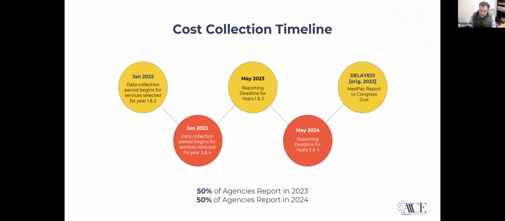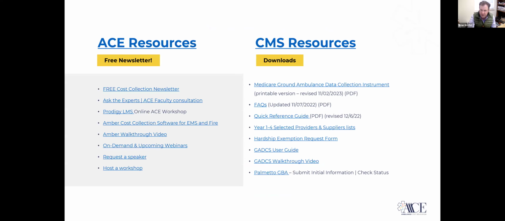And in the off chance that your fiscal year is something other than July, I know there are some municipal entities out there that use October fiscal years. That may mean that your 12-month period is running from October of 2023 to September of 2024, in which case your report will be due by February of 2025. I know that's a little bit confusing, but we can certainly answer questions about your specific situation.